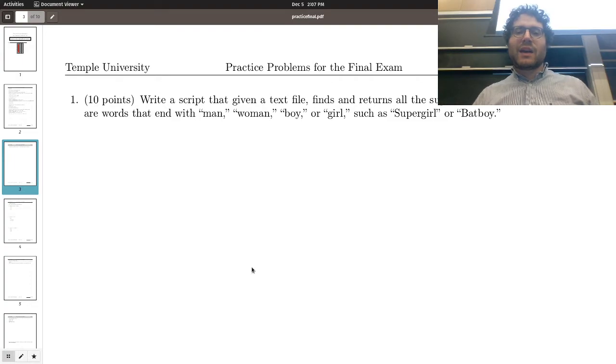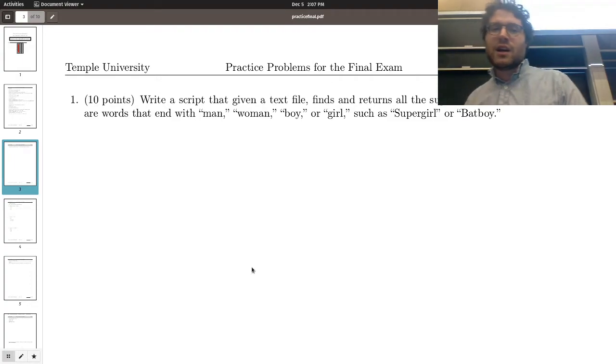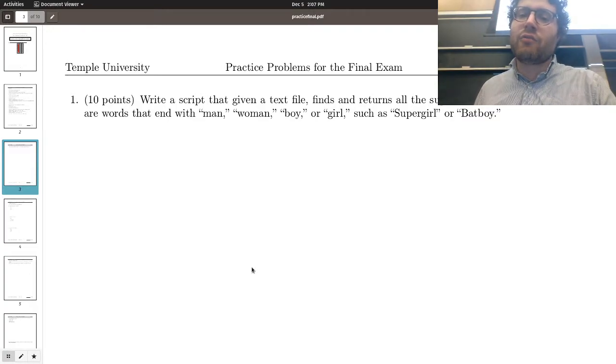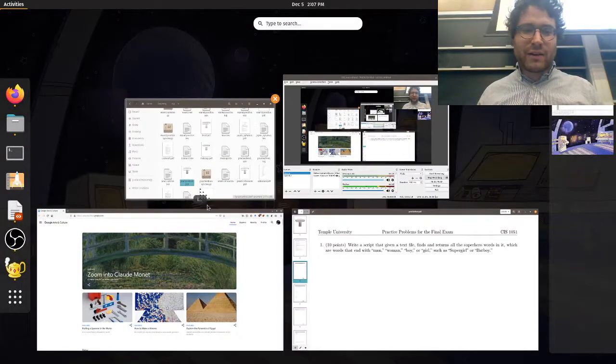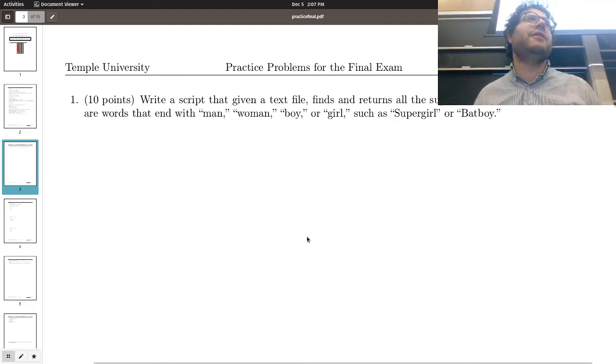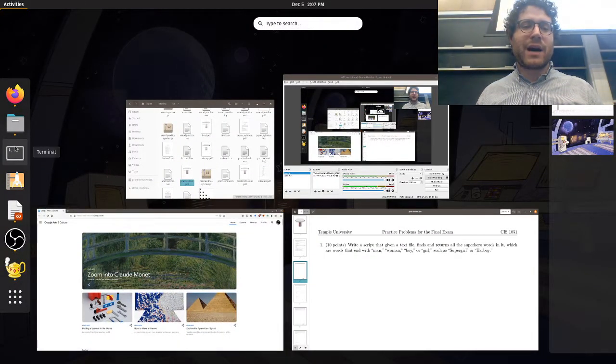Write a script that, given a text file, finds and returns all the superhero words in it, which are words that end with man, woman, boy, or girl, such as Supergirl or Batboy, right? So first off, let's figure out what the regular expression for that is. We want to find all the words in this, and we can assume that all words are separated by